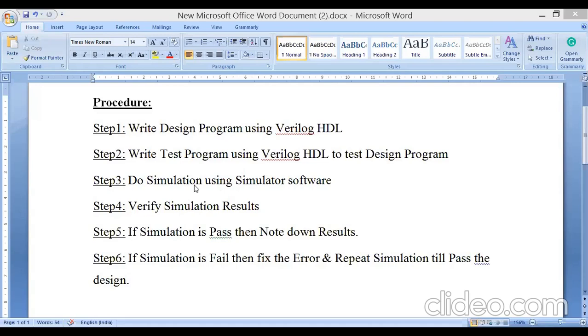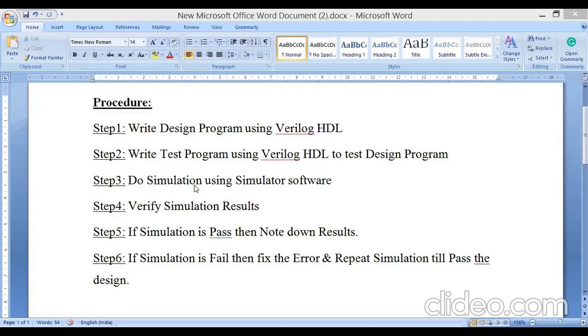Simulation is a process by which we verify the functional behavior of the design program using a test bench. Here we are using a simulator, the Xilinx Vivado simulator.